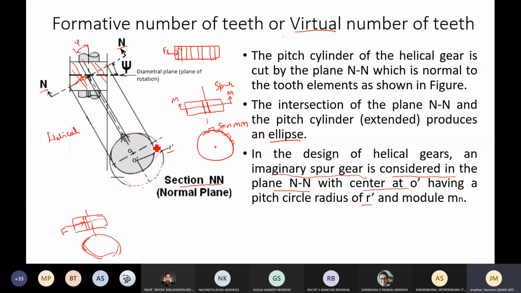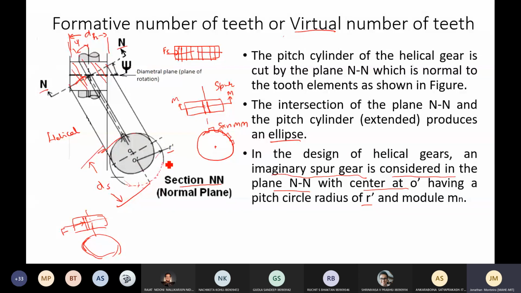So what you need to do is apply the Lewis equation with a small difference. What is that difference? Instead of saying the diameter is only this much, let me say this is dh, the diameter. I will create one more diameter called ds, which is of greater diameter than dh itself. This is an ellipse that you cut, but I want a perfect circle. Why? Because if you cut out a spur gear, you will get a circle. That section MM is a perfect circle. So that is why this ds has to be found out.